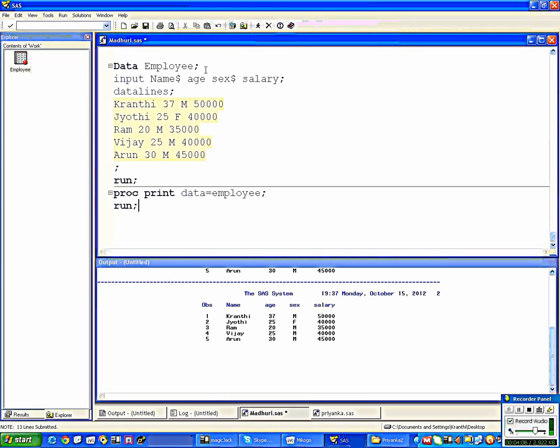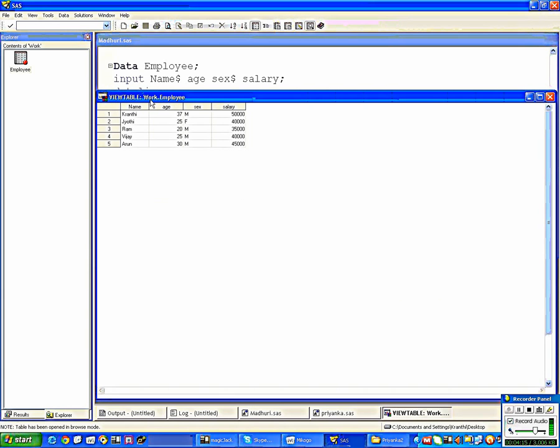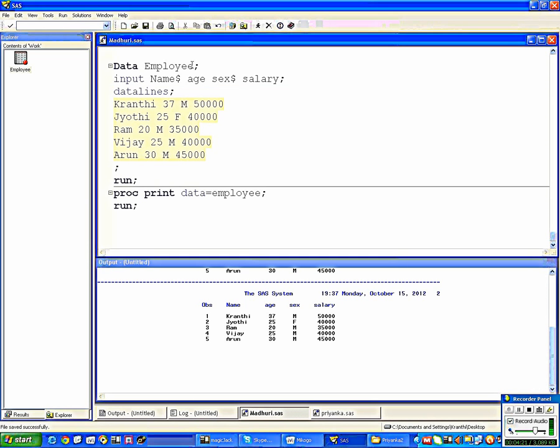Then even you can make the changes here in the data set itself, like this. We can add the labels also. Okay. So we can make the changes. For example, what is this employee? It is just giving the location, work.employee. Work.employee only. But I want to give it some name. So you can label also like this.